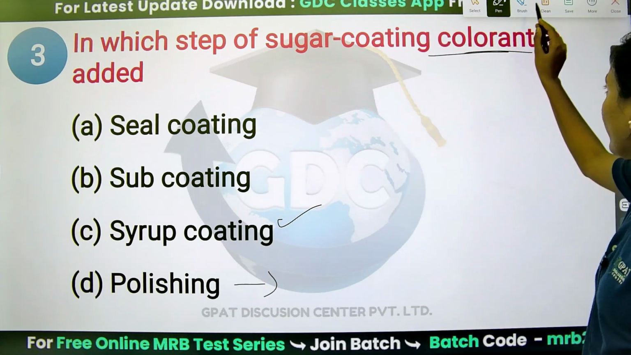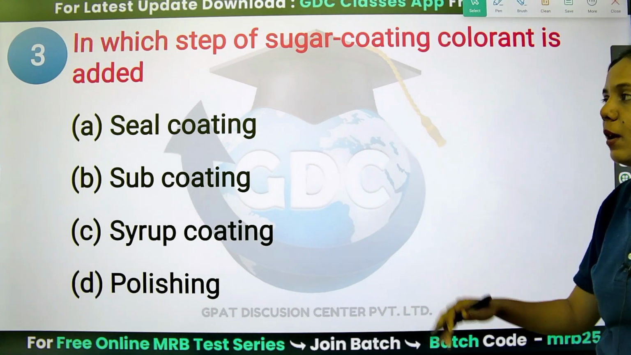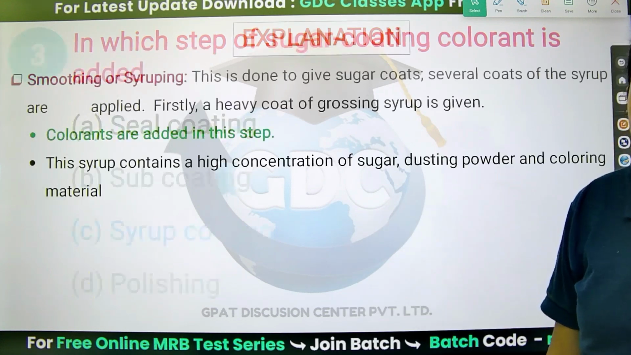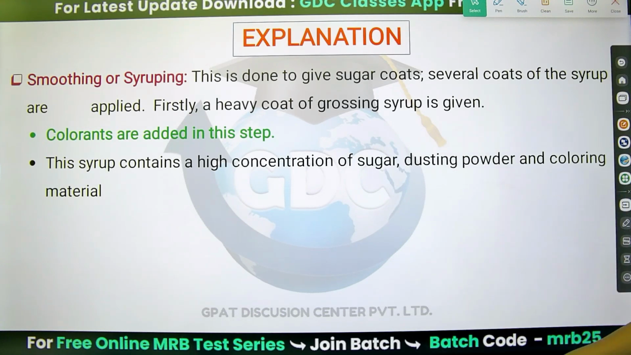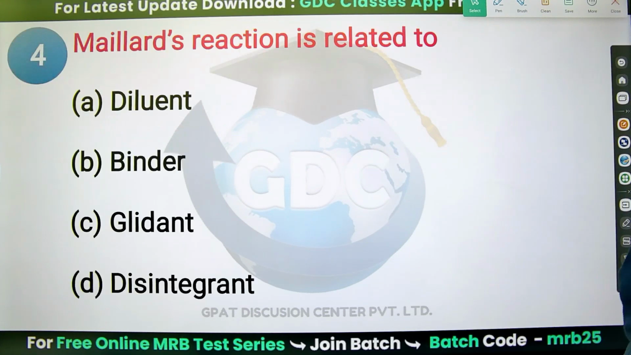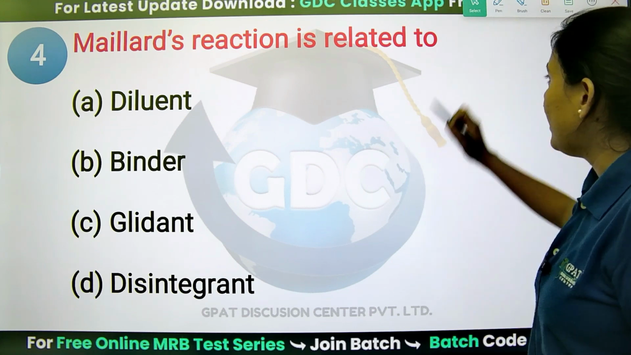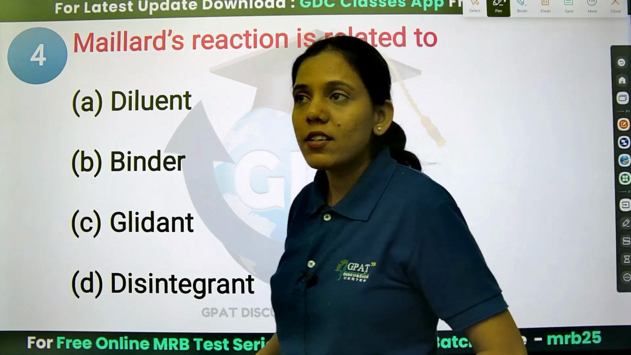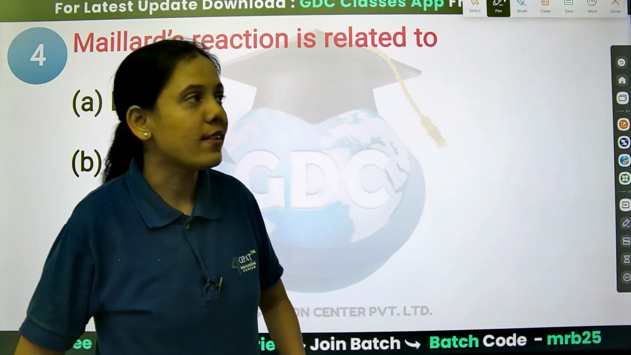So if we want to add color, we are adding in the syrup coating. Okay, so option C, that is syrup coating, is the right answer. Okay. The next is Maillard reaction is related to, we have already discussed in our MRB classes, online classes, where